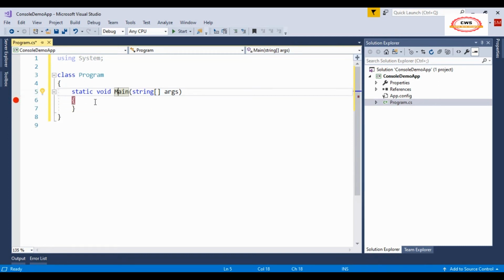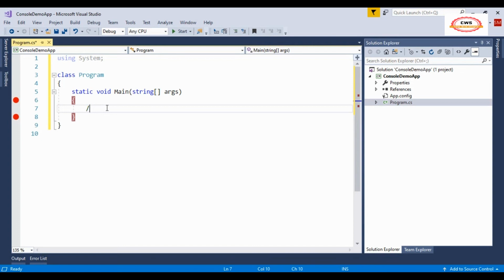When an application executes, it first executes main. Then we can have multiple lines of code under this main, and when these lines of code have been executed, the running application comes to an end. So you can say that the main is the entry point of the application, and also its exit point. Once the lines of code are executed, the application will be stopped after executing all the lines of code.